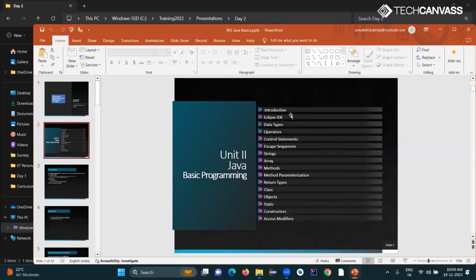Okay, so we'll start learning with introduction, then I'll introduce you to the IDE. Okay, then we'll install and configure the IDE. So yesterday I think some of us were facing issues in downloading and installing and configuring the IDE. So I'll tell you all the important things that we have to understand. Then we'll work with data types, operators, control statements, and other things in Java, which are important for test